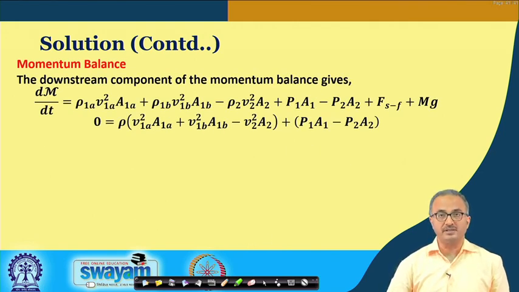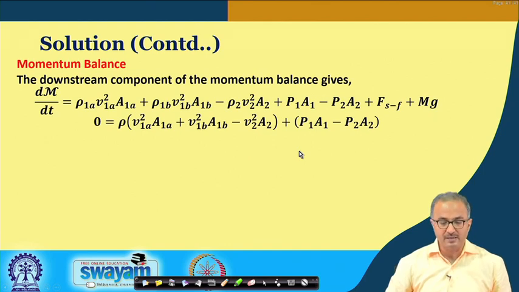Now, to find the pressure difference, we go to the momentum balance. From the mass balance, we obtained an expression of V2 in terms of V naught, and now from the momentum balance, we shall obtain the pressure drop as asked in the problem. So, first we go back to the momentum balance equation, and here you can see these are the expressions we derived in the earlier lecture. Here we have the momentum going in, momentum coming out, and this is the pressure force difference, and this is the force from the solid to the fluid, and this is the body force term. Okay, so I am not going into the detail of these expressions.